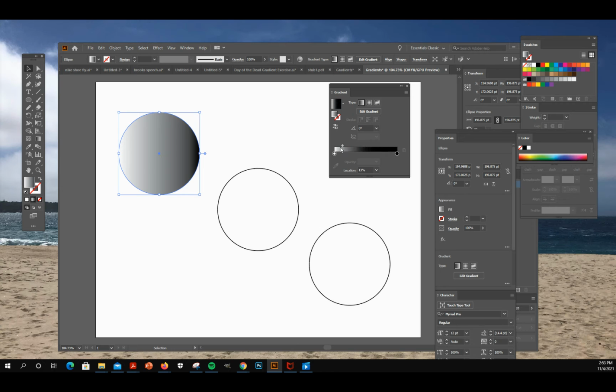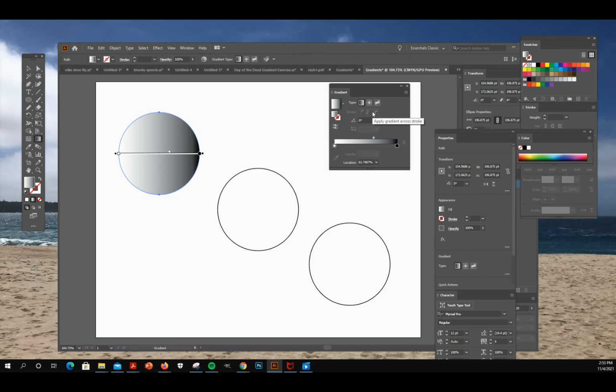So moving the slider around, you can change how the gradient works. We can edit this gradient by choosing edit, and we can move these sliders around in here,